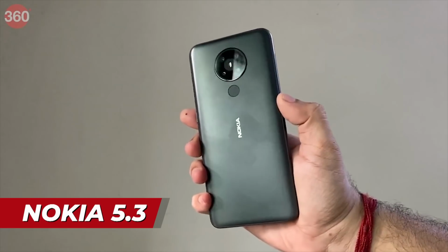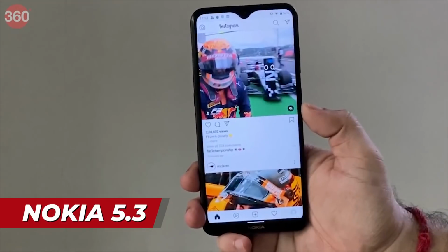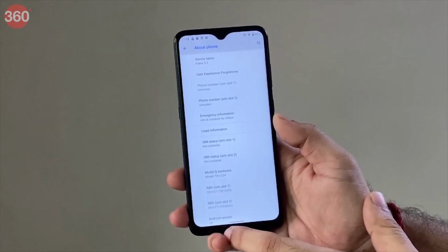If you want a smartphone under 15,000 rupees with the advantage of stock Android and a guarantee of security and software updates, then the Nokia 5.3 could be the one you're looking for. The clean UI, the guarantee of software updates, and the fact that there's no bloatware on this phone are going